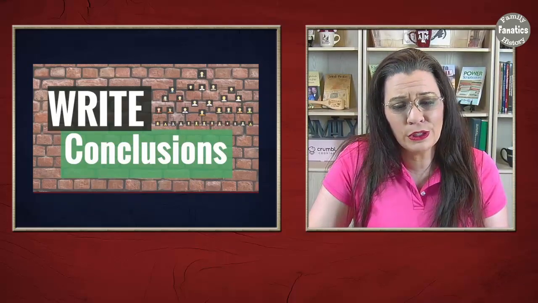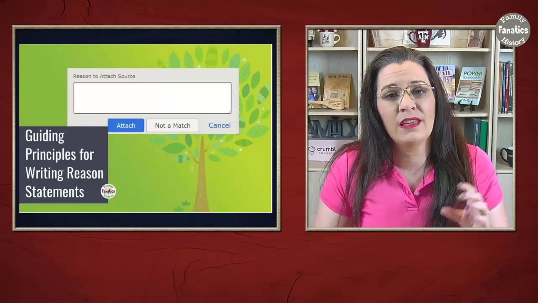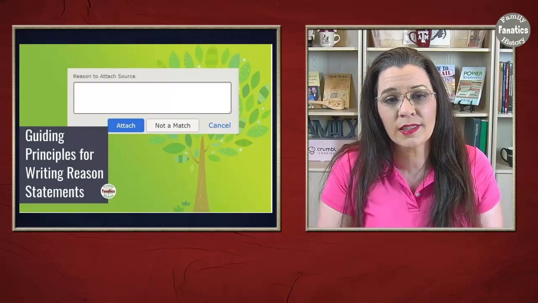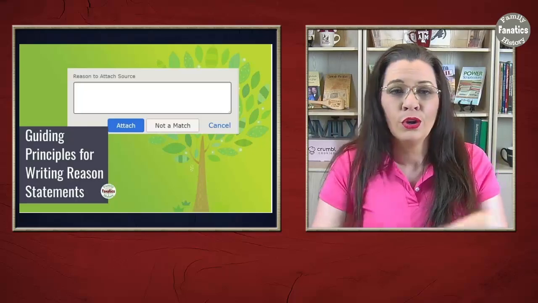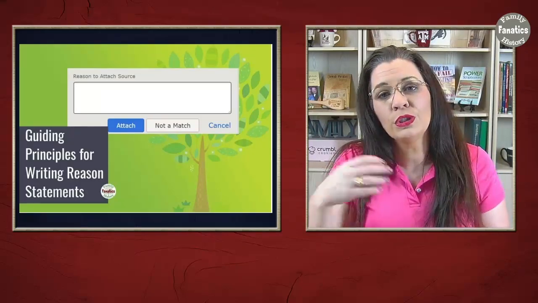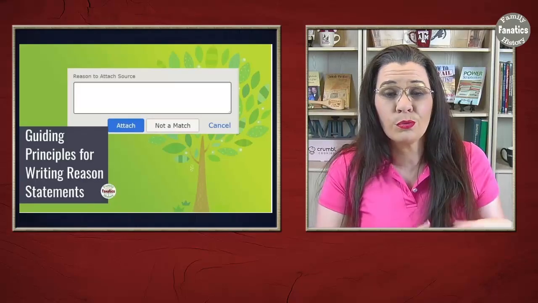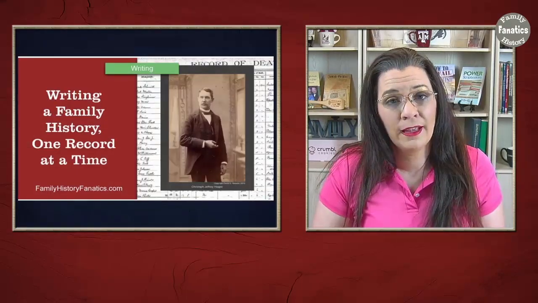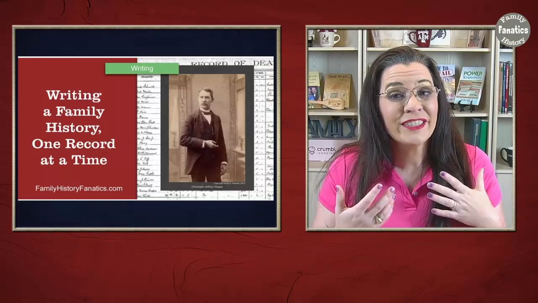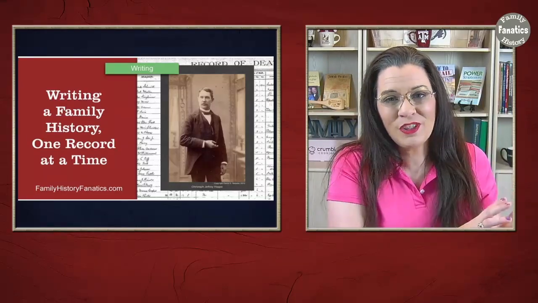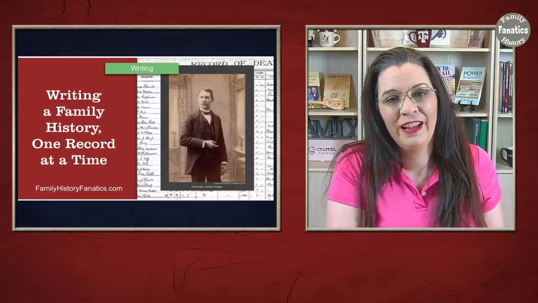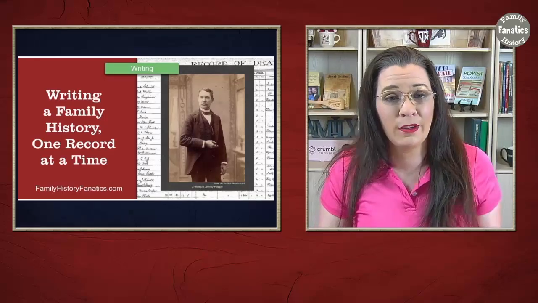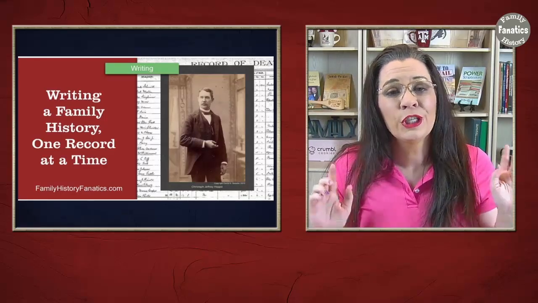The other thing you can do is leave reason statements. Now, this is particularly useful over on FamilySearch and all of those boxes that say reason to change, reason you merged, reason you deleted. So you can also just write a reason statement. And then finally, you can also write a family history. And if you use that transcription in step 1, it makes it a whole lot easier to write a family story, because record by record, sentence by sentence, you can write